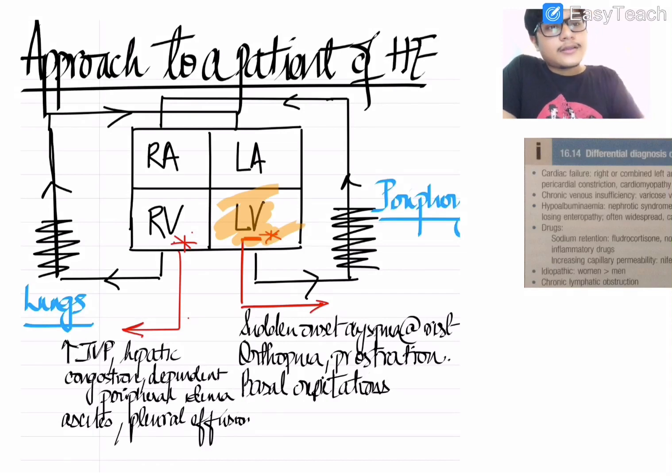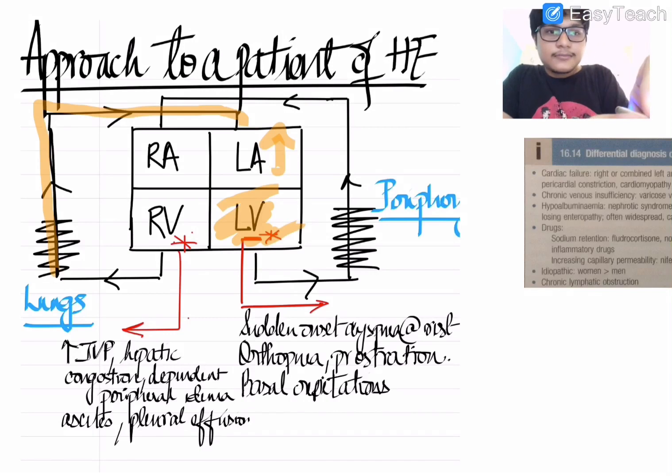So what will happen? The left ventricle will be unable to pump out blood to the periphery. This will lead to back pressure to the left atrium. The pressure will be transmitted to the pulmonary vasculature, and this will result in the manifestation of acute pulmonary edema. With worsening pulmonary edema, there will be pulmonary arterial hypertension, and pulmonary arterial hypertension will ultimately lead